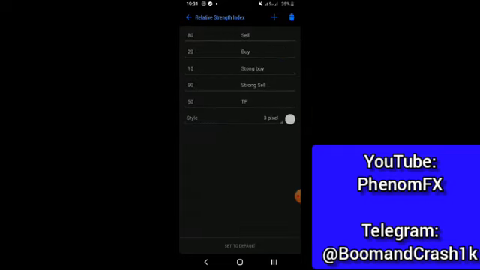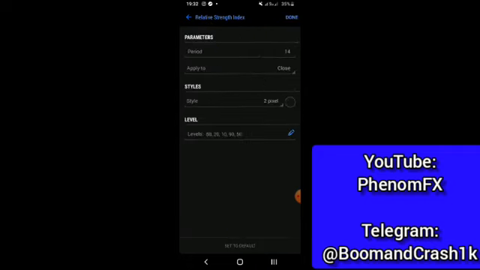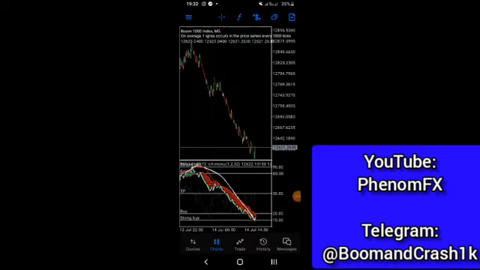Okay, then you get into the levels. You can see that we got our 80, 20, 10, 90, 50 levels, and then our 80 will actually be the sell, our 20 will be the buy, the 10 level will be the strong buy, then the 90 the strong sell. Our 50 level is our take profit point. Okay, then make sure to use the opposite color of your background, like right here. Like you can use the white or gray if your background is dark. So if your background is white, you can use the dark color right there. Okay, when you're done, just go back and then tap the done at the corner right there,